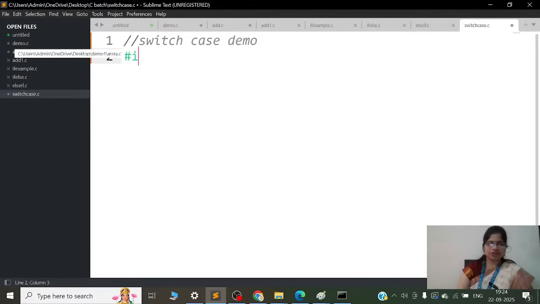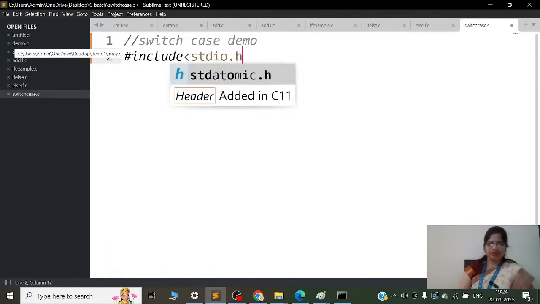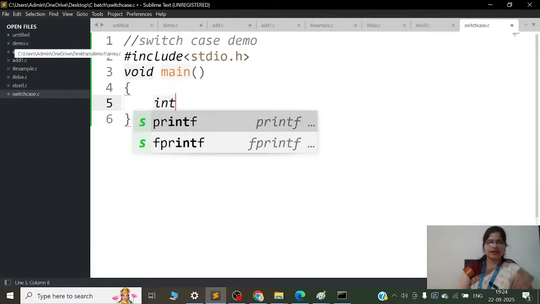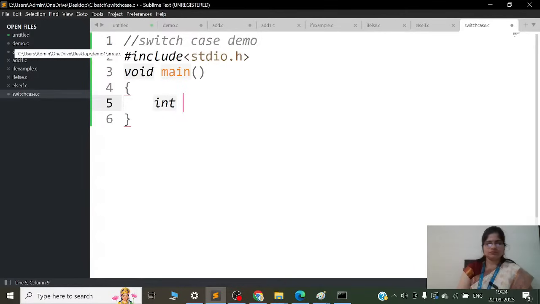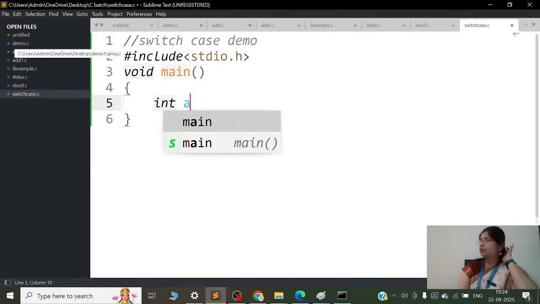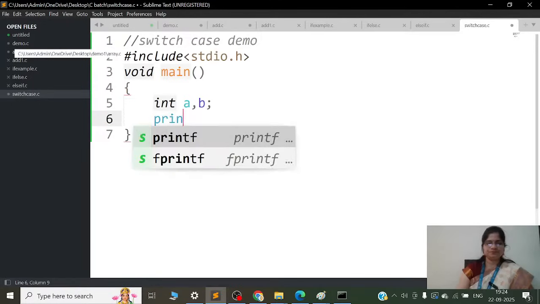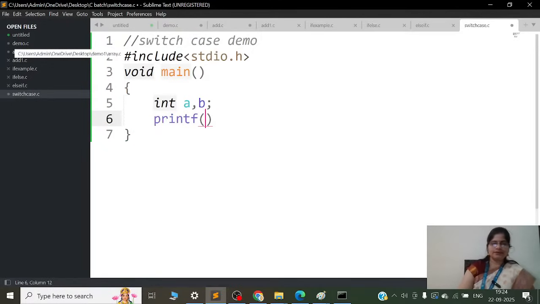So first hash include stdio dot h. We will be having main function. Inside main function we have, so we will accept two numbers and we will do different operation on those two numbers. ठीक है. So a b ये दो numbers हैं, तो उसे accept करने के लिए